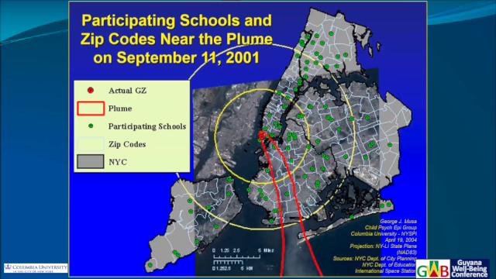This is the satellite image of the plume that emanated from ground zero at the time. You can see that the plume was quite large and it actually moved. So we could see which students, which postal codes, which neighborhoods, which schools were directly under the plume of smoke, because a lot of the students reported that they were in or near the cloud of smoke, when in fact, they were in Brooklyn, they were in Queens, they were far away from ground zero. Why is that? It's because their perception of being in harm's way overrides the actual physical location.